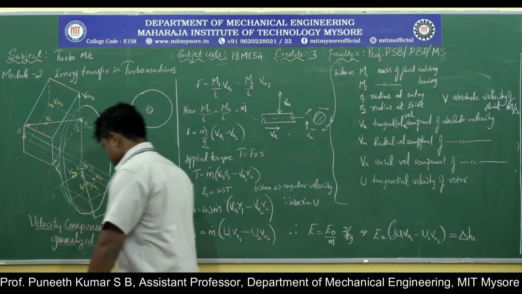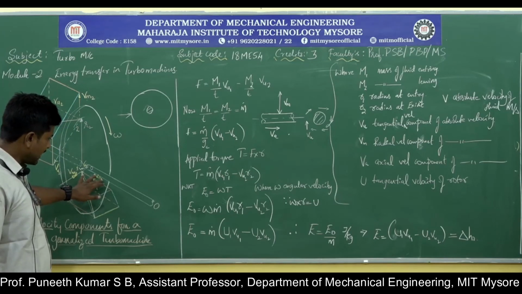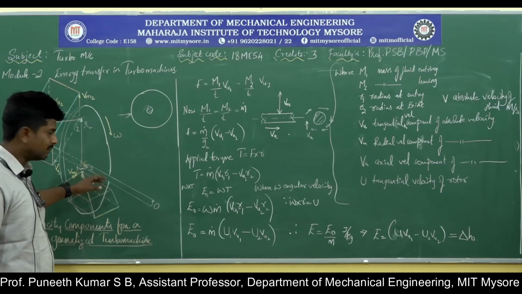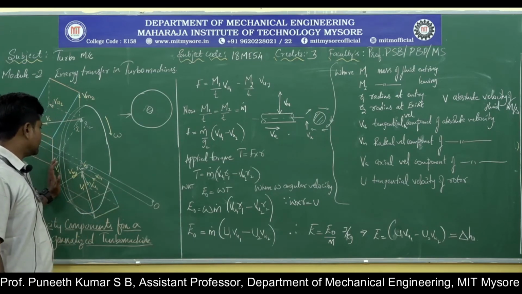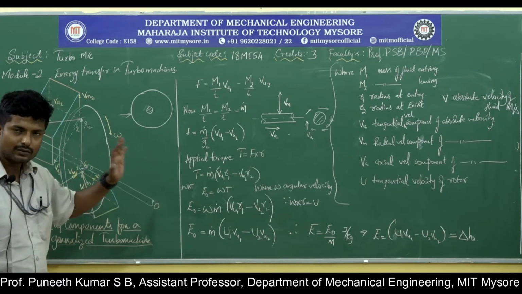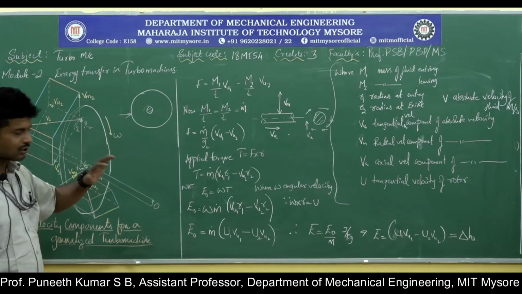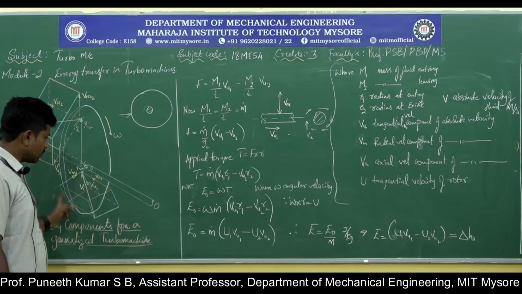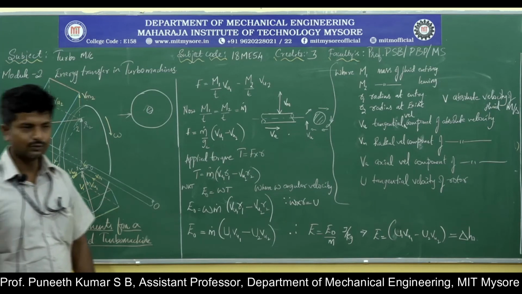So while designing the turbo machine, I should make sure that a change in the axial velocity component leads to axial thrust, which is of no use. A change in the radial velocity component leads to radial force, which is then transferred to the bearing, which is also of no use. The only change in velocity component which will drive the turbo machine is the tangential velocity component, which is Vu.